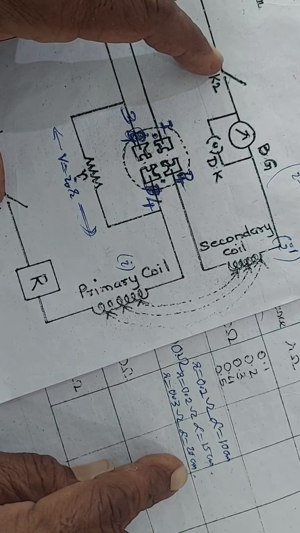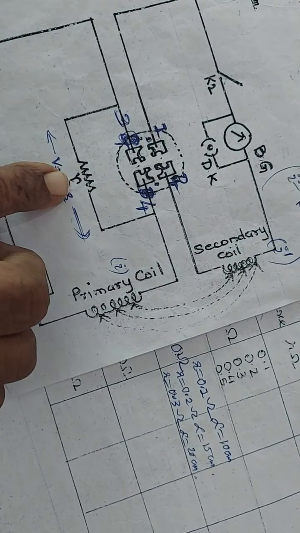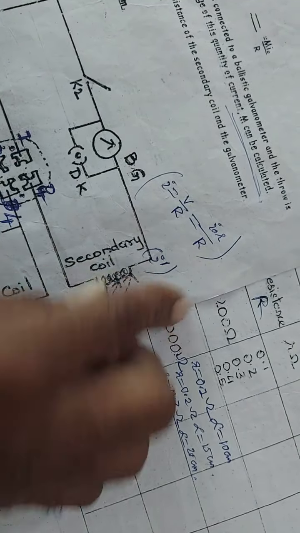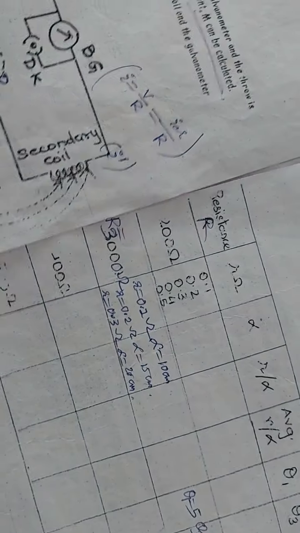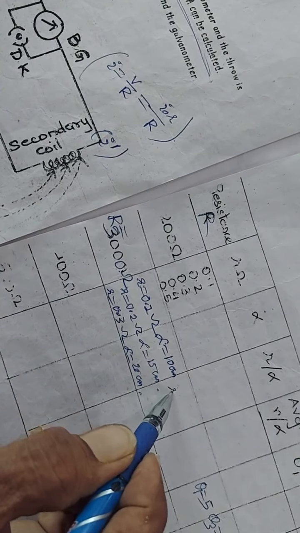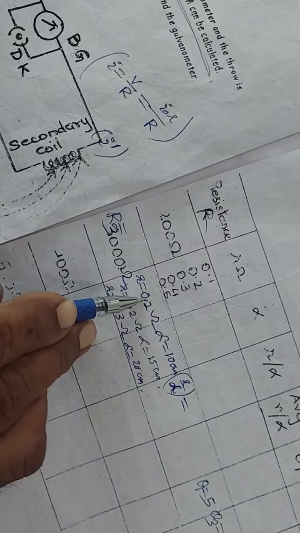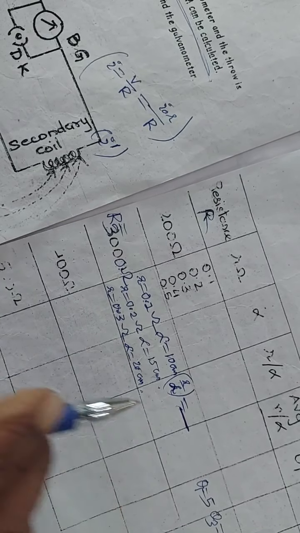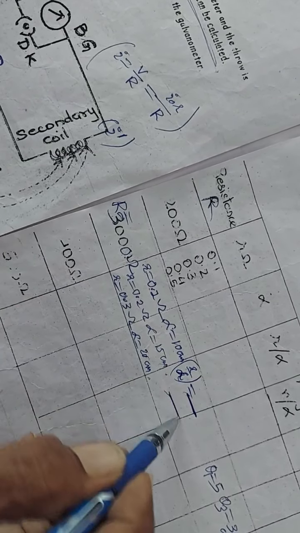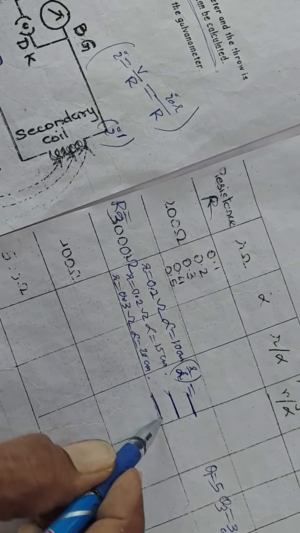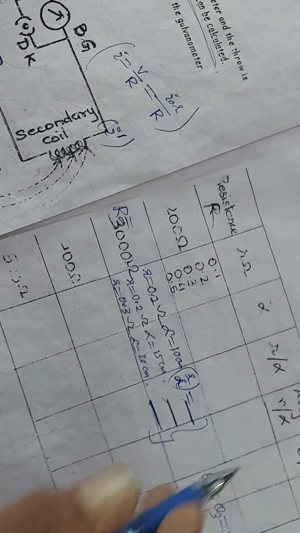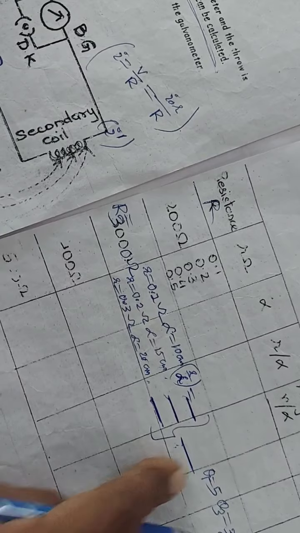you will get a steady deflection of 20 centimeter. So as you increase the value of small r, the potential drop will increase, as a result the current passing through the ballistic element will also increase, so the steady deflection increases. Then you have to find the value of r upon alpha. You will get 3 values of r upon alpha: 0.1 upon 10, 0.2 upon 15, 0.3 upon 20, and you have to take the average of these three values.